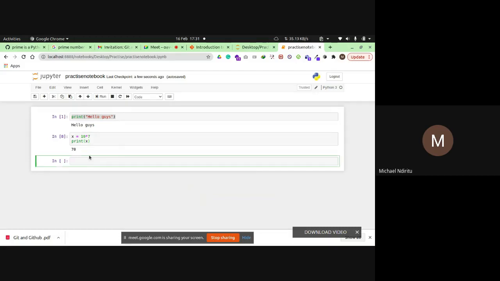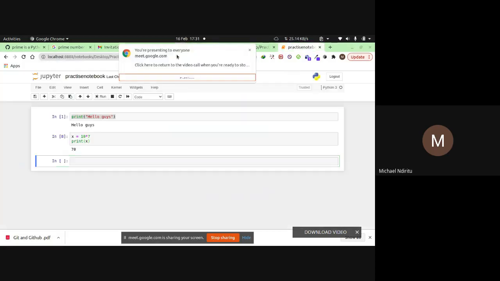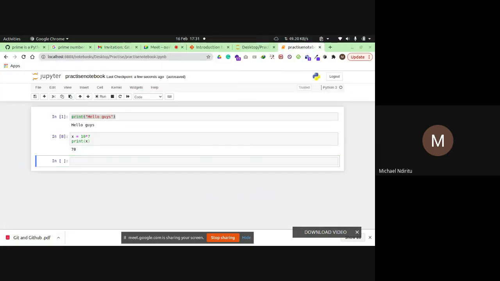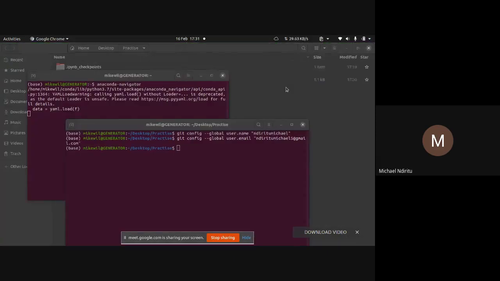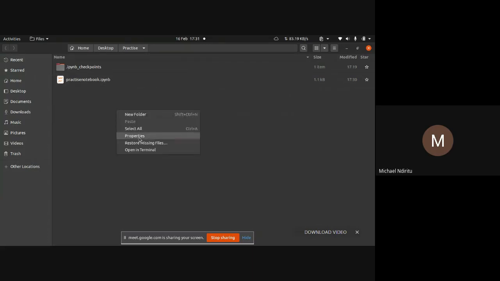If you go to your folder, you should be able to see the practice notebook that's saved over there. So let's open the folder in command line.